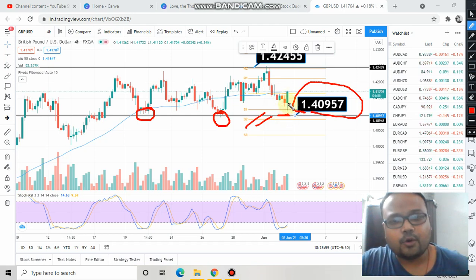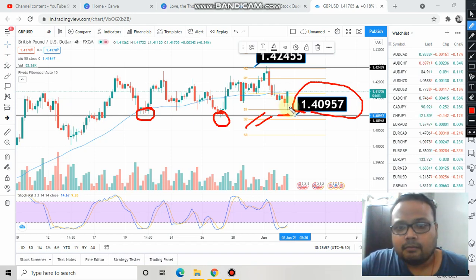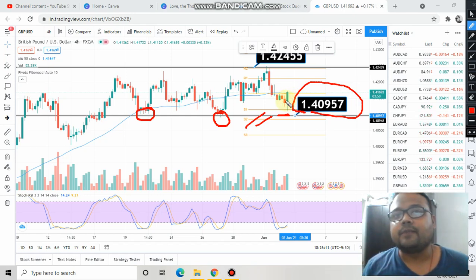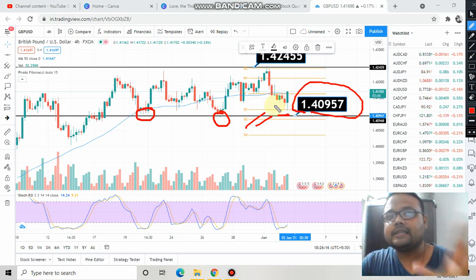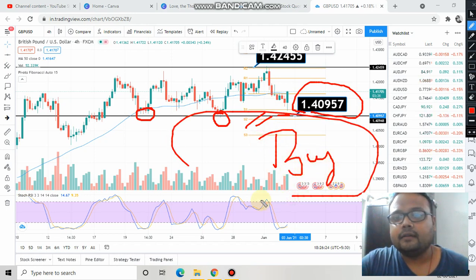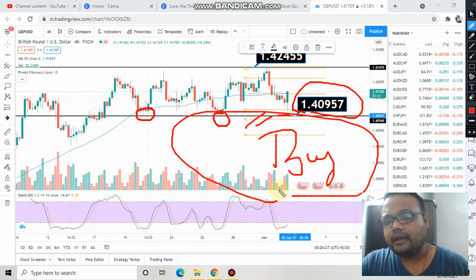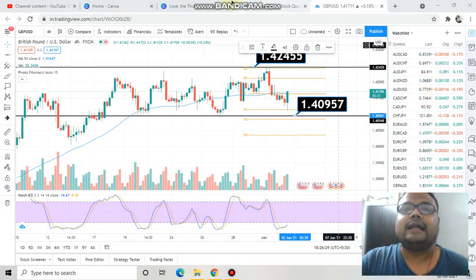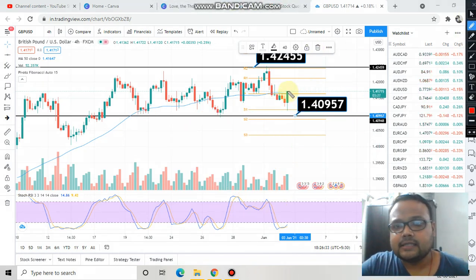Okay, market is trying to go up from this level, because see, market came down, the price rejected from below, and right now market has formed a green candle with good price rejection. And if we look at the previous candle, we can see that in the previous candle also there was some price rejection. So there is support available at this price level. So if you have already gone for buy order, then you have done the good job, enjoy the profit. And if you are looking for fresh opportunity, then I'll say that right now market has gone up to this